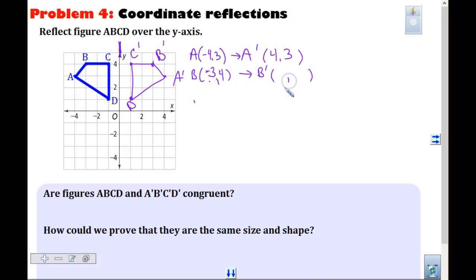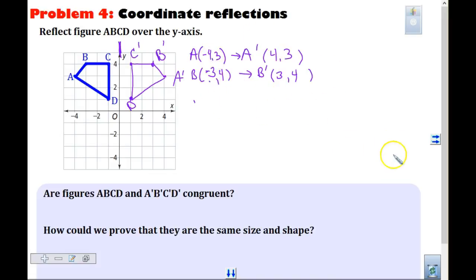And our new B prime, if I was looking, Lucas, would be? Our new B prime would be... Where is that? +3, 4. Okay, so when we reflect over the y-axis, we notice that the y points stay the same, the x's become